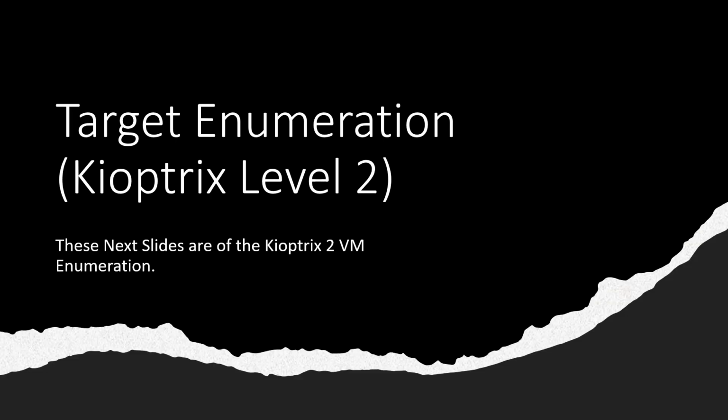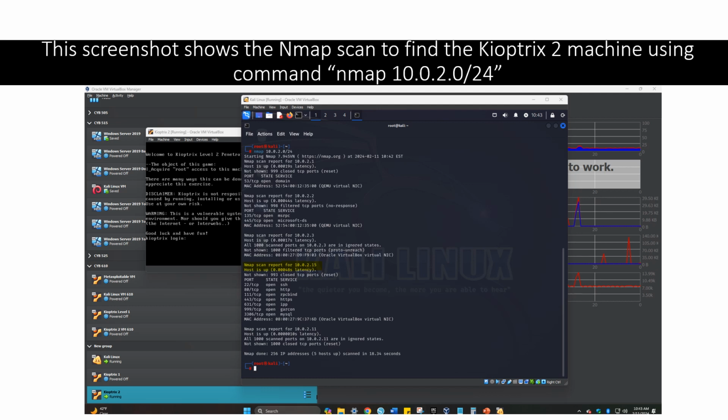So these next slides will be of the Chioptrix 2 VM enumeration through the video that I watched. This screenshot shows the nmap scan. I already went through the configuration, so that way I can just see the machine that I need. So what I did is on nmap, I did nmap